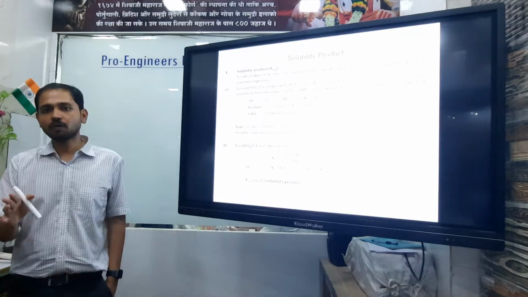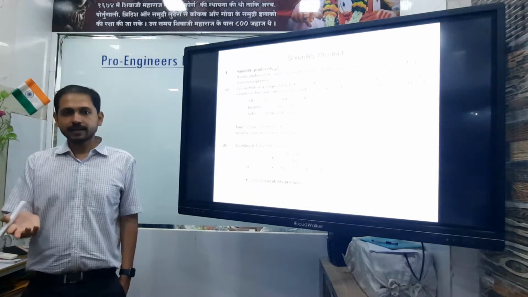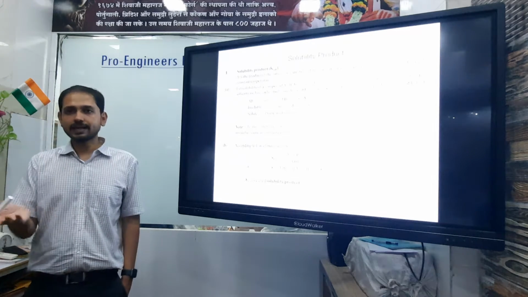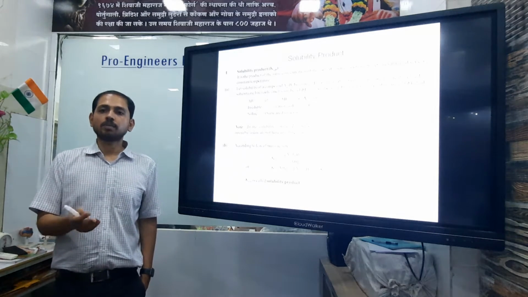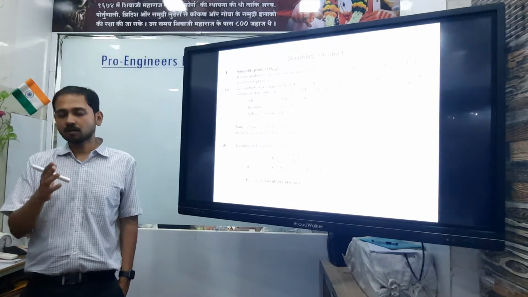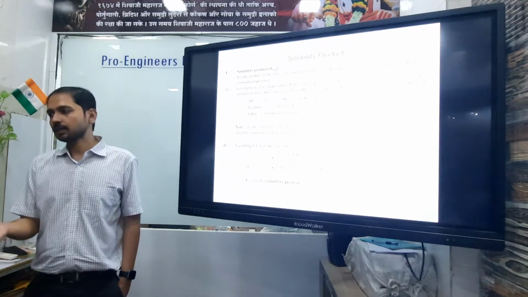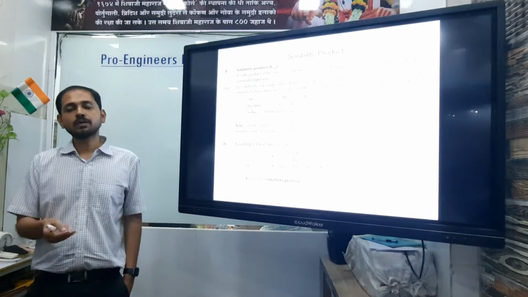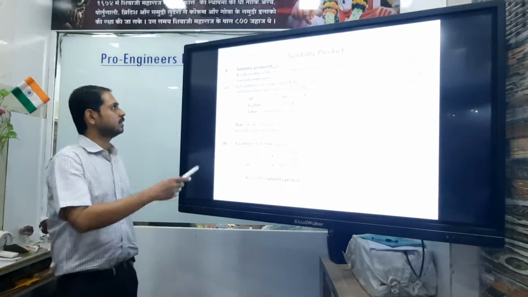But this is not uniformly true. Like, let's say glucose. Glucose is an organic compound, C6H12O6. There are no cations or anions present, but still it is soluble in water, right? So it depends on the polarity of the compound and the polarity of the solvent. Some organic compounds are also soluble in water, and it is also possible that some salts are soluble in organic solvents, right?